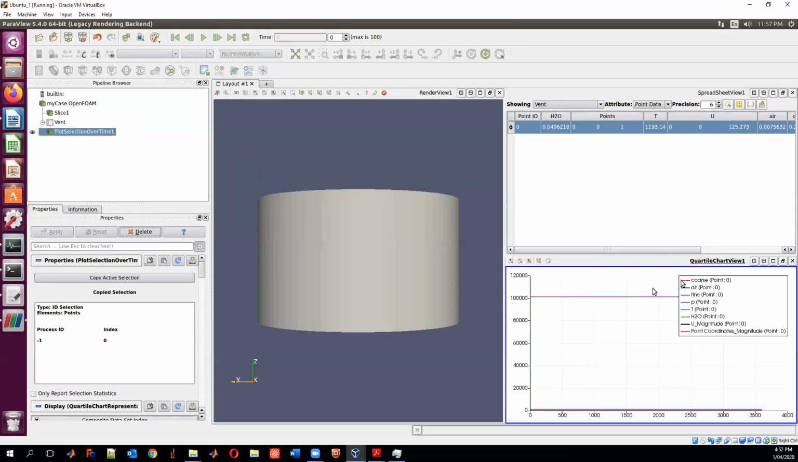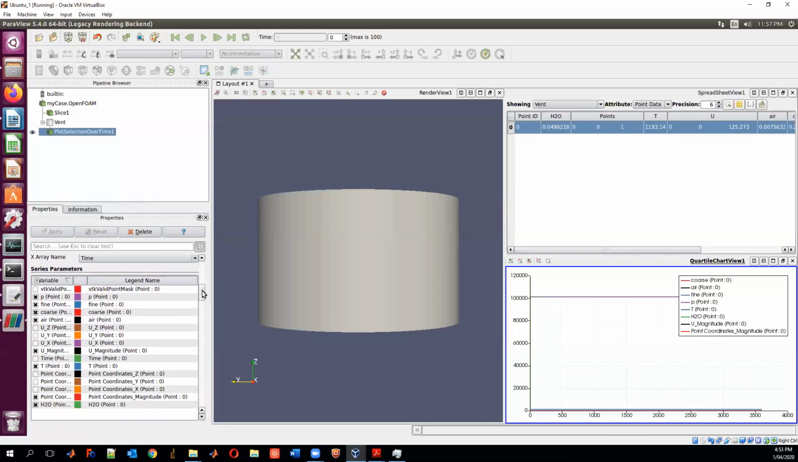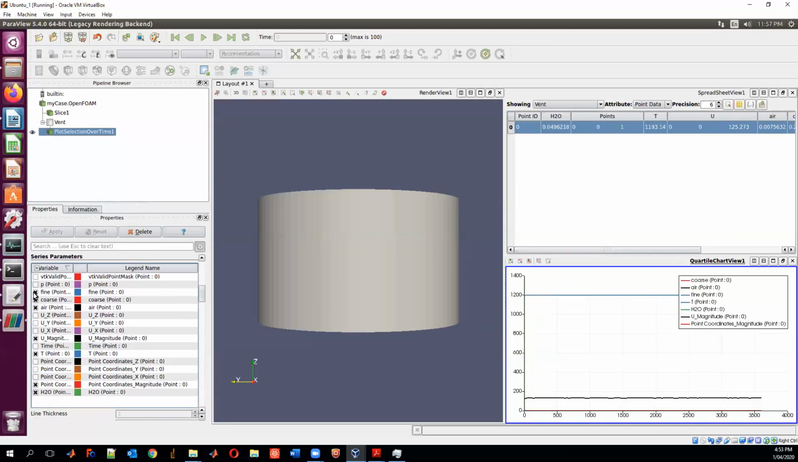So see, now we have a chart over here which actually is plotting everything on the same graph, which is not ideal. It's plotting the coarse mass fraction, air, fine mass fraction, the pressure, temperature, water mass fraction, the velocity magnitude, and something called the point coordinates. So it has successfully plotted everything, but on the same graph, which is really hard to visualize or understand. So I come back to my property editor here. Now that I've plotted everything once, I can select what I actually want to plot. So I might just focus on the coarse